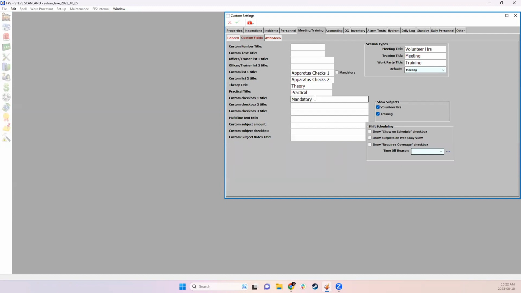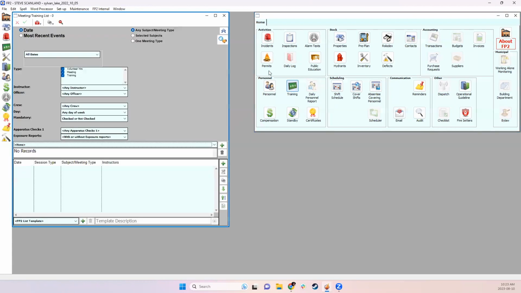And custom checkbox 1 is actually quite important in the context of this report, because this is one that's specifically hardwired to flow into a number of attendance by percentage reports and standard searches. So what I often do here is set this custom checkbox 1 title to mandatory. This gives me an arbitrary place where I can say, this was a mandatory session that everybody was supposed to show up at. Once I've populated that custom checkbox, if I look on an individual training record,